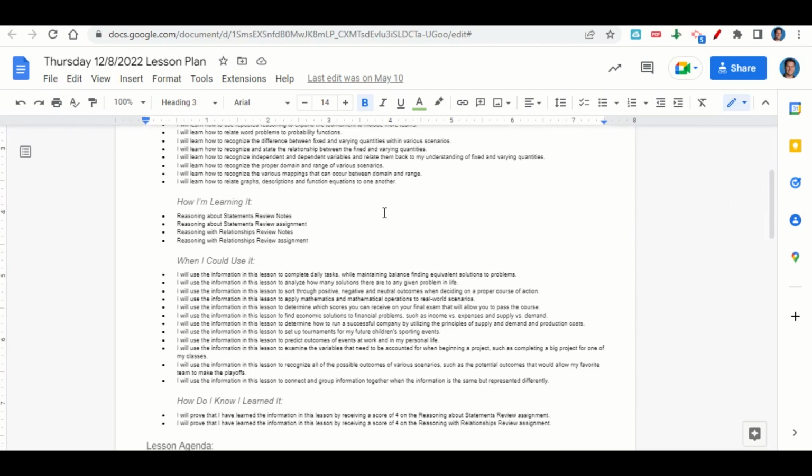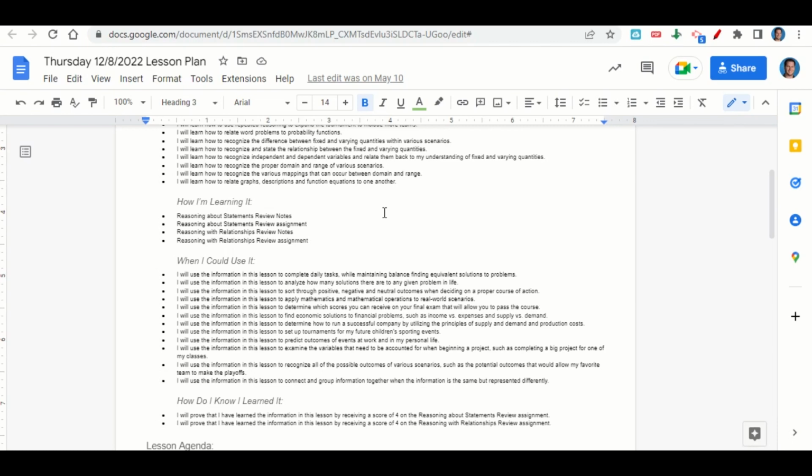When can we use this information? To complete daily tasks while maintaining balance, finding equivalent solutions to problems, to analyze how many solutions there are to any given problem in life, to sort through positive, negative, and neutral outcomes when deciding on a proper course of action, to apply mathematics and mathematical operations to real-world scenarios, to determine which scores you can receive on your final